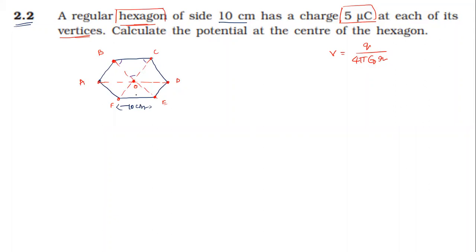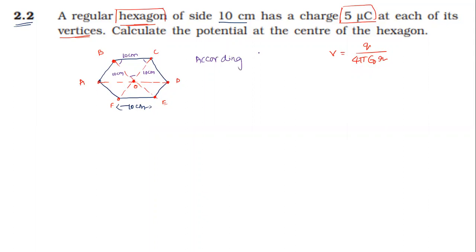So all sides must be equal. So suppose it is 10 centimeter from B to C, then C to O must be 10 centimeter, and from B to O also must be 10 centimeter. So now we got to know the distance from any one of the vertices to the center is 10 centimeter, because this is going to form an equilateral triangle. That's clear. Now I'm going to use the superposition principle. Since all are positive, the total potential will be...